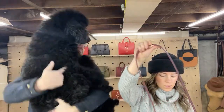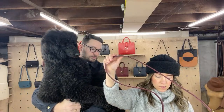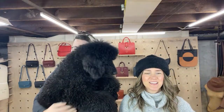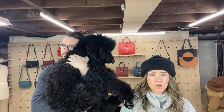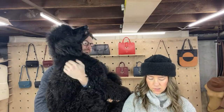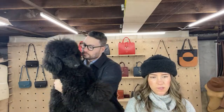Okay. The other big thing that we changed on this bag is the closure. Oh, and it has an interior pocket. So let's get to that. Okay, the closure is different. I may change it. I'm still a little bit on the fence, and I would love to hear what you